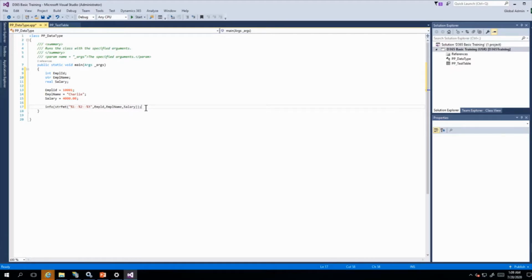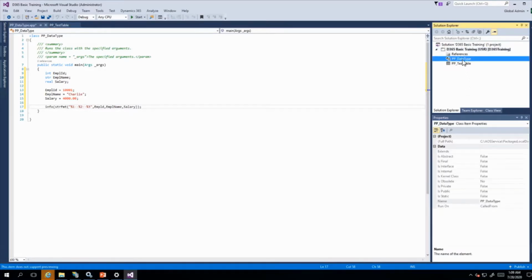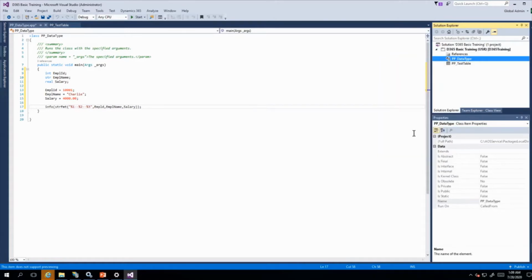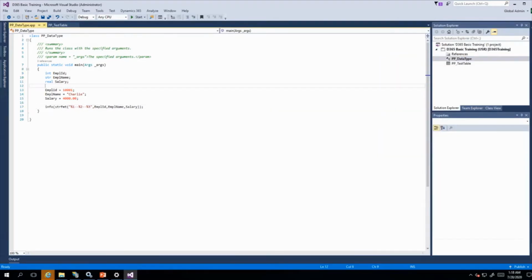Now to execute this, we have to set this as a startup project. So in the job, we right click and set as startup project. Let me start this project to see our desired result.